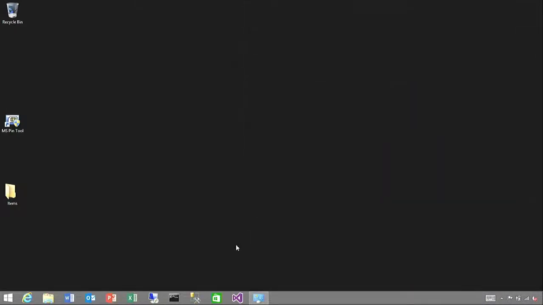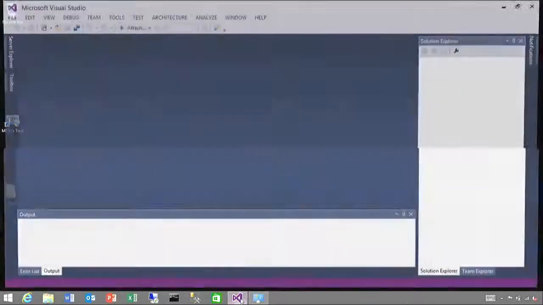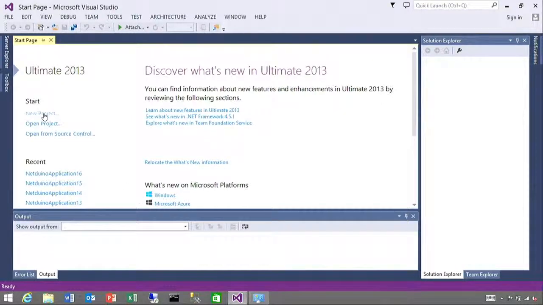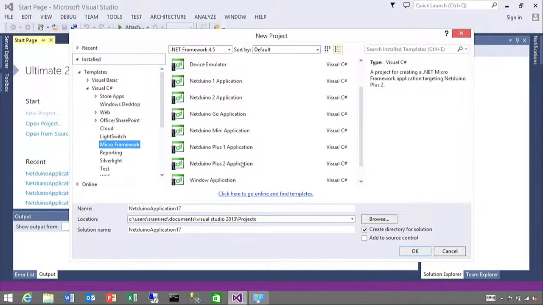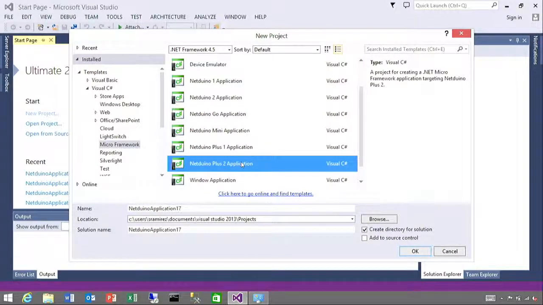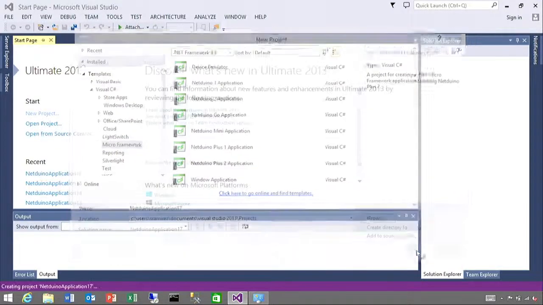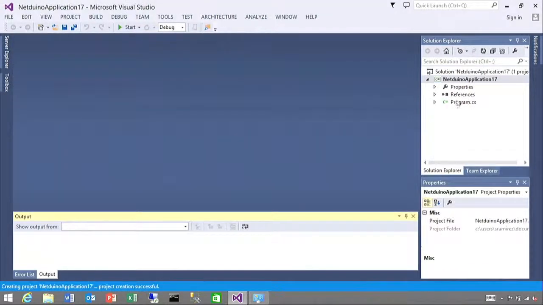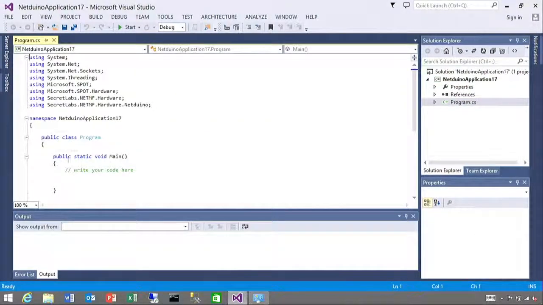I will now demonstrate how to create a Microframework project with Visual Studio and show some of the debug and API capabilities of the framework. So first I open Visual Studio, I select New Project, and I select the NetDuino 2 Plus application template. The reason for this is I have a NetDuino Plus board connected to my laptop through a USB cable. So I create the project, and then for this sample application, I'm going to control an onboard LED,